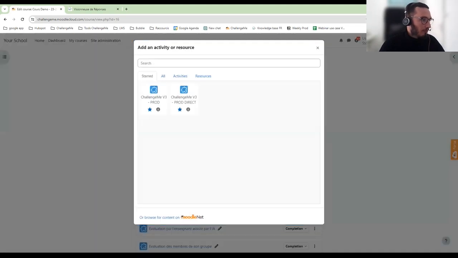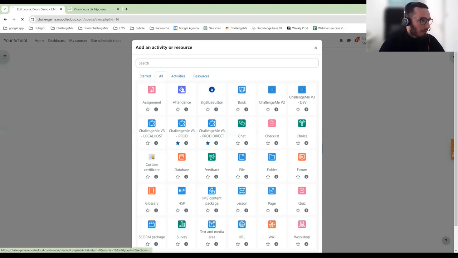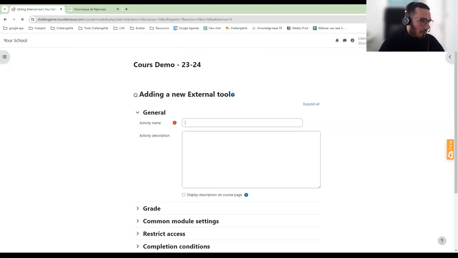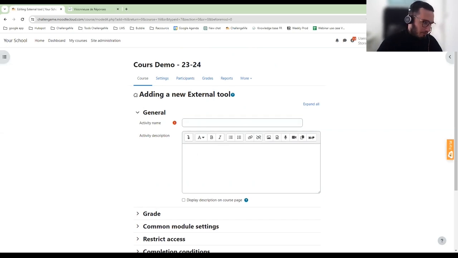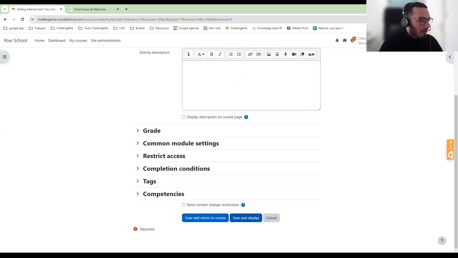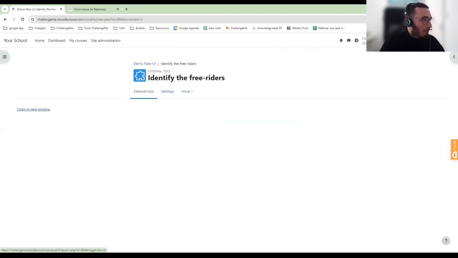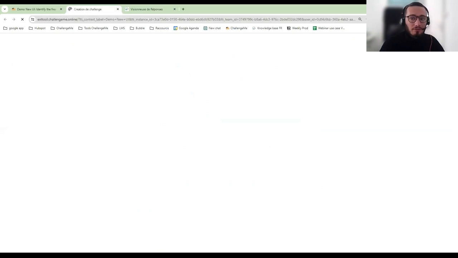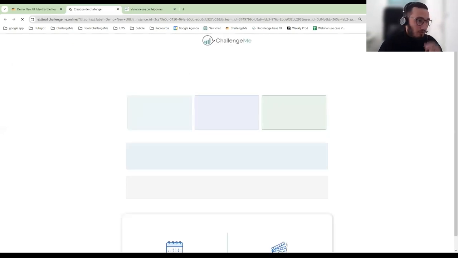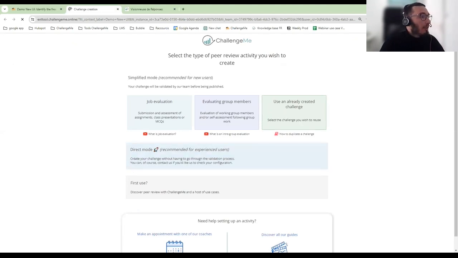Then you will have to choose ChallengeMe activity. And here you can define a name. So here I will name it Identify the free riders, for example, and I will click on Save and Display. I will also click on Open in New Window. And here I will be redirected to this interface, and I will be able to choose the mode I want